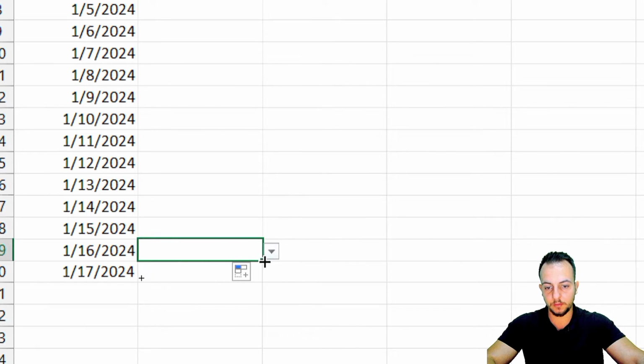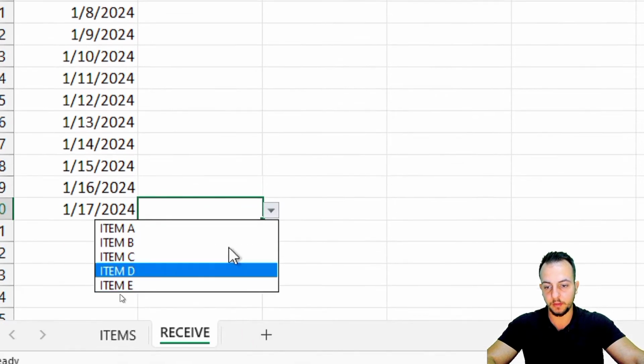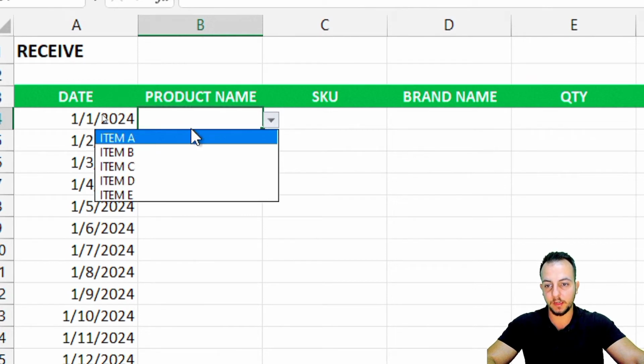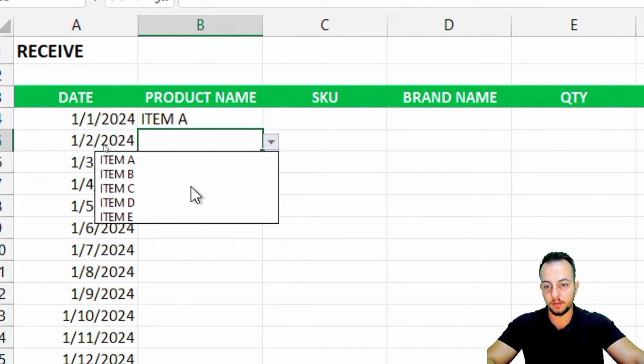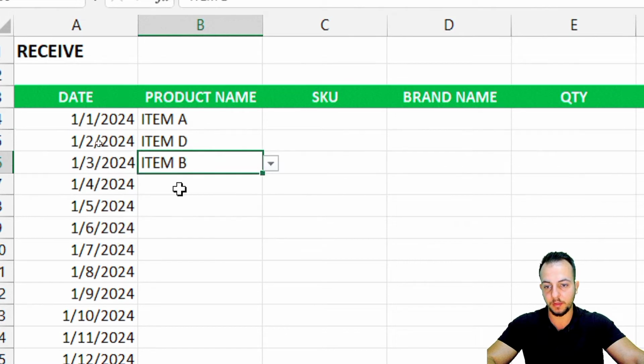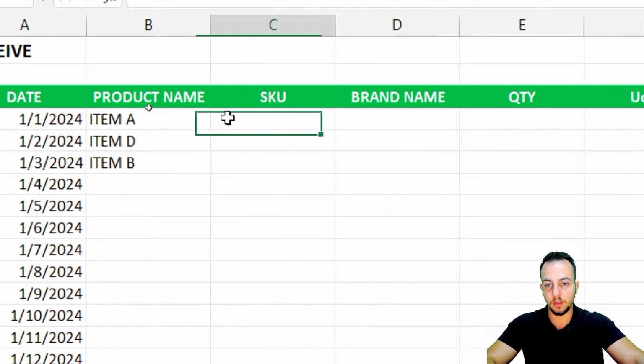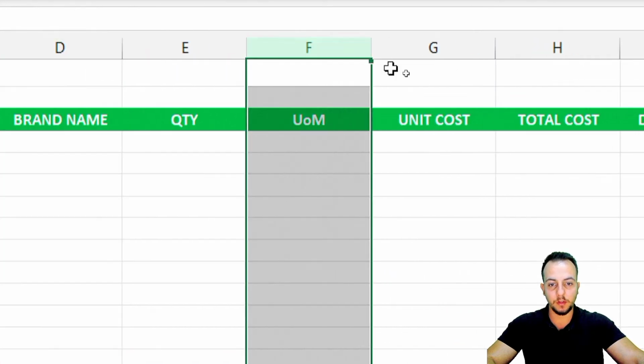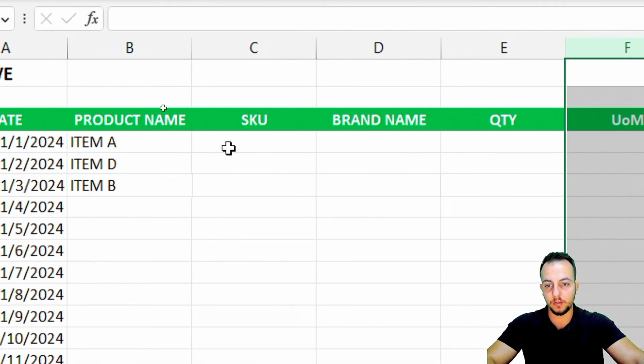Okay, one more. Okay, good. Everything is done here now. So let's say in the first product, I want to select item A, and then item D, and then item B, and so on. So it's working. Now I need the SKU, the brand name, and the unit of measurement to be auto